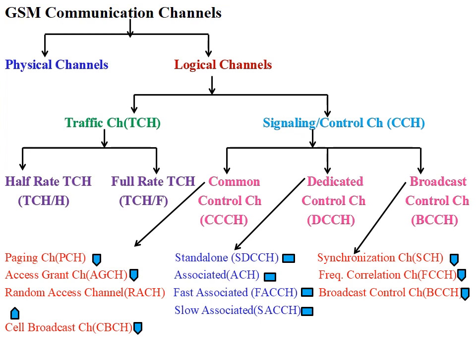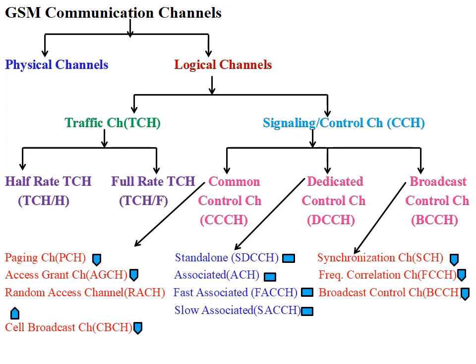Next one is the control channels or signaling channels. Many different control channels are used in the GSM system to control the media access, allocation of traffic channels or mobility management. There are three groups of control channels defined, each again subdivided into different channels. We go one by one.